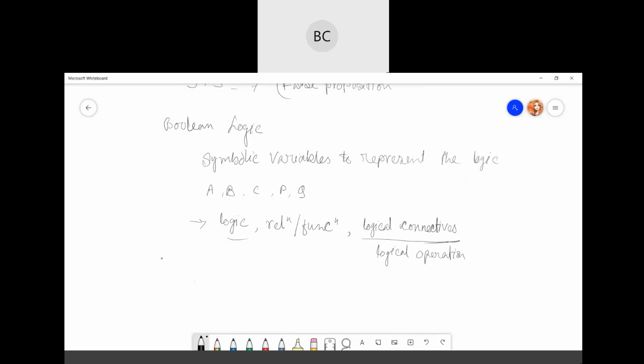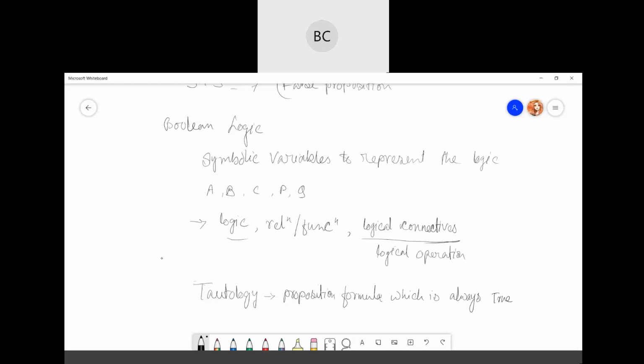A proposition formula which is always true is known as a tautology. Tautology means a proposition formula which is always true.